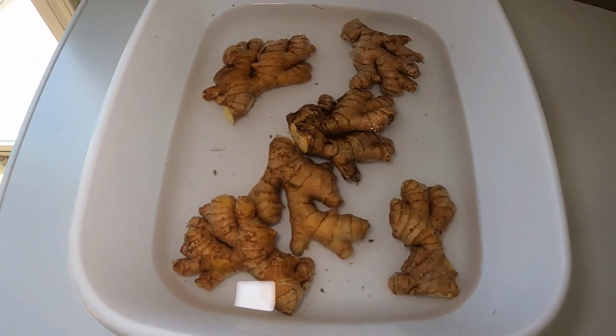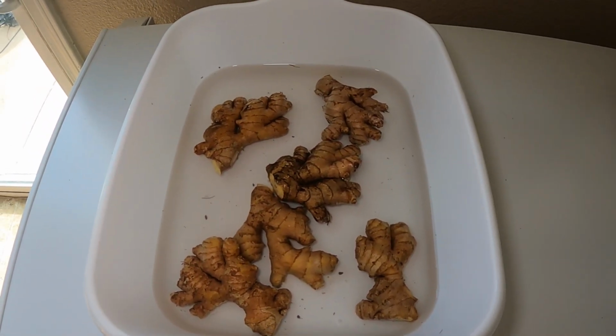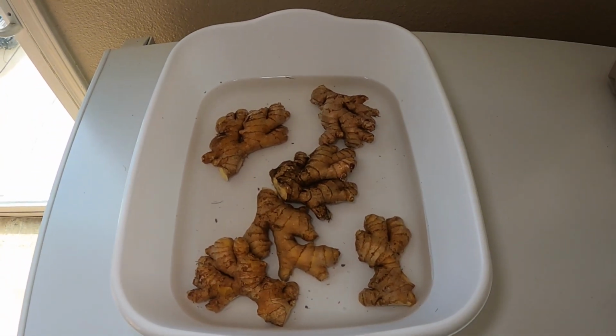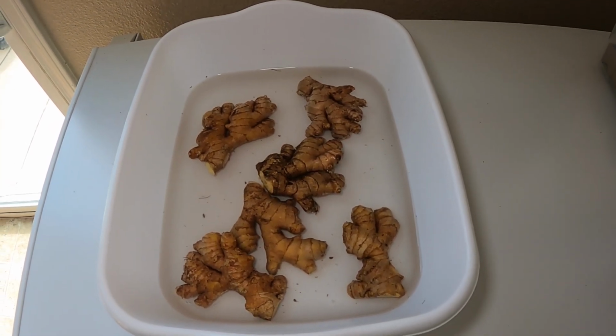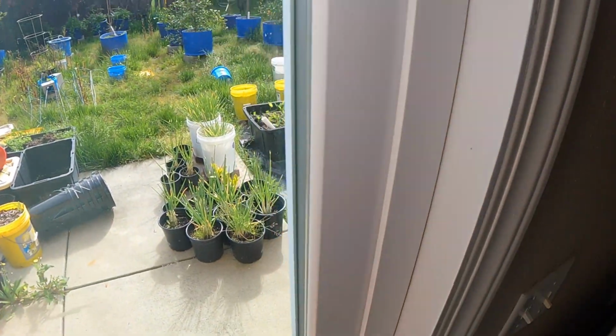So I've been soaking them in water since last night. Going to drain them and basically do what I did with the purple sweet potatoes and give that a shot in the garage in the dark on the seed mat and see what happens. And then I thought I would